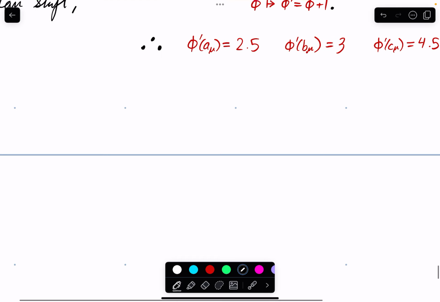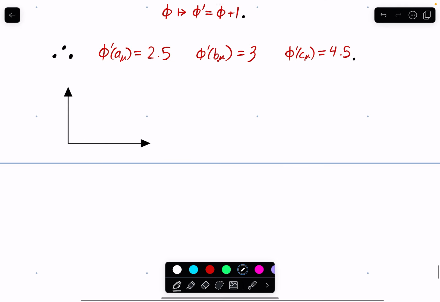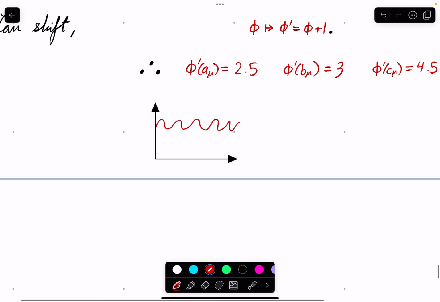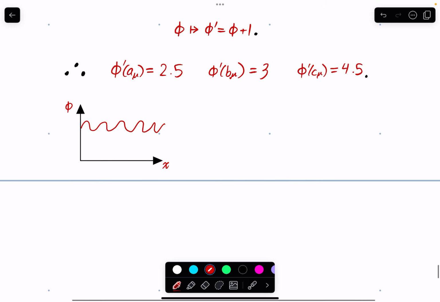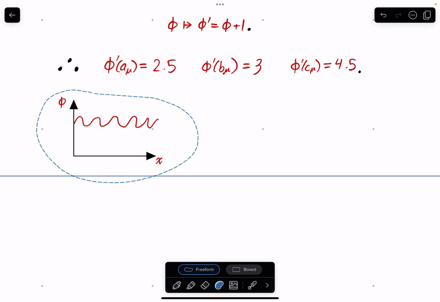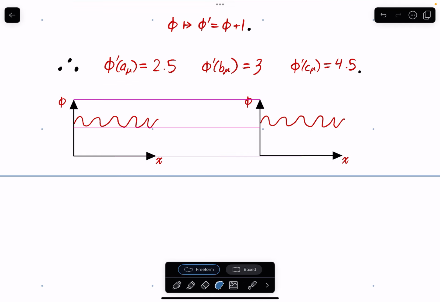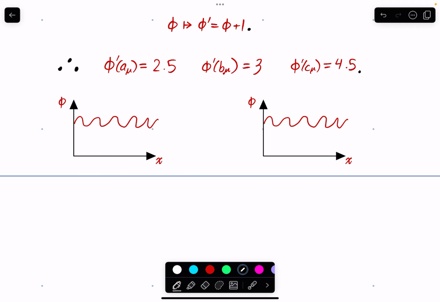So how this would be represented is, say you have the field which looks like a wave, and it's like this. This is your x direction, and then this is your field value. Well, then it'd be like shifting it. So going from here to here,